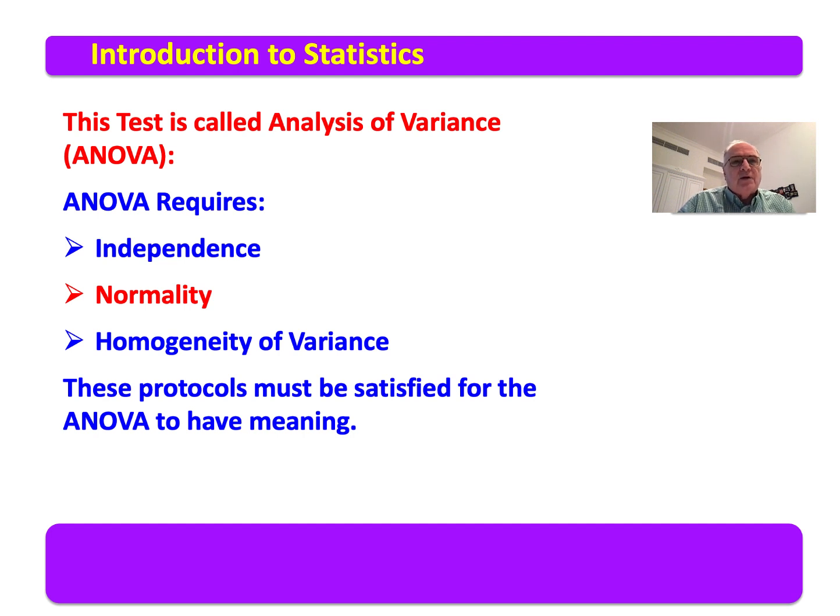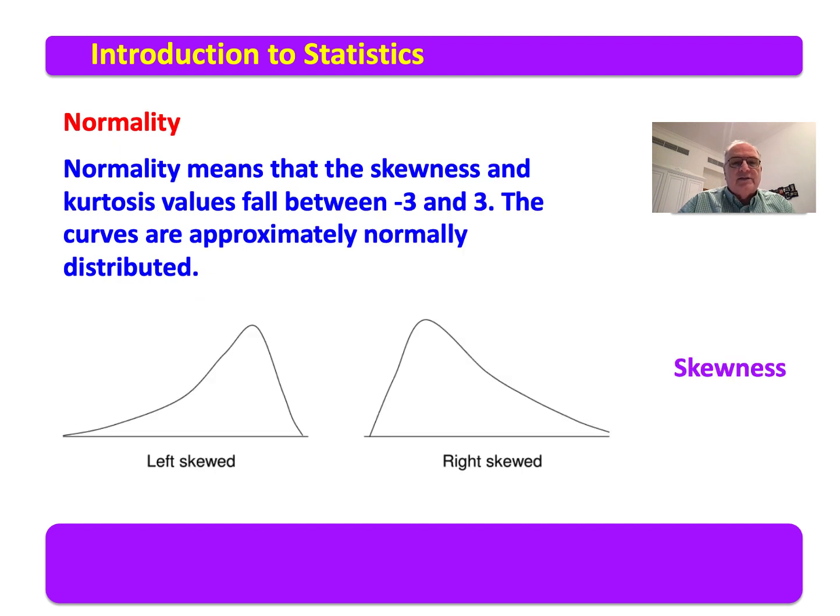and we would use a parametric process, which is something we're likely not going to do in this particular course, but we're assuming that they're normally distributed, and I will show you how to test for that. We're also assuming that they have homogeneity of variance, and homogeneity of variance means that the variances are the same. Let me share with you about normality before we get to the